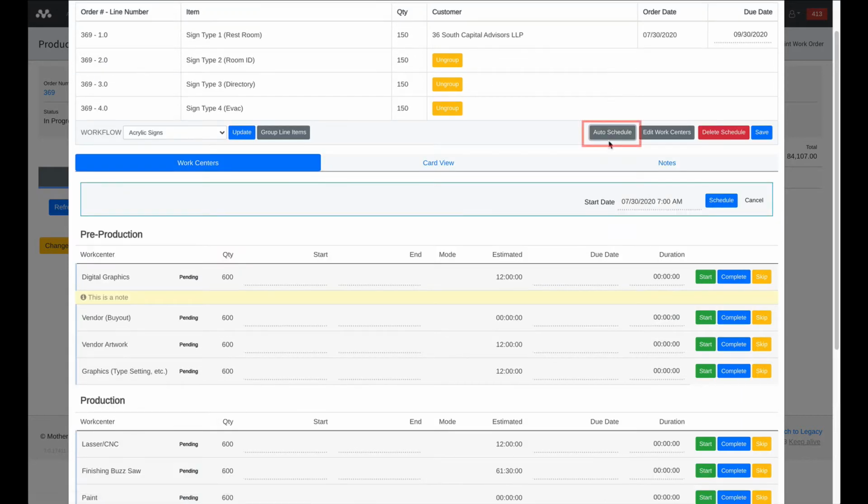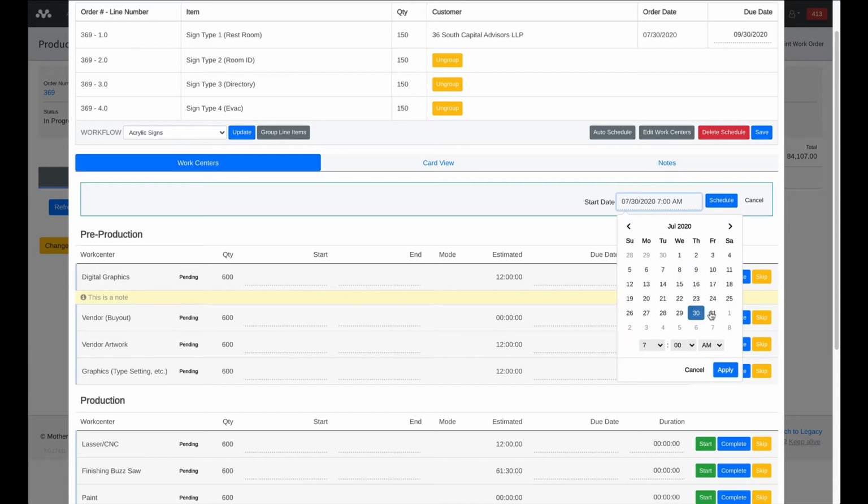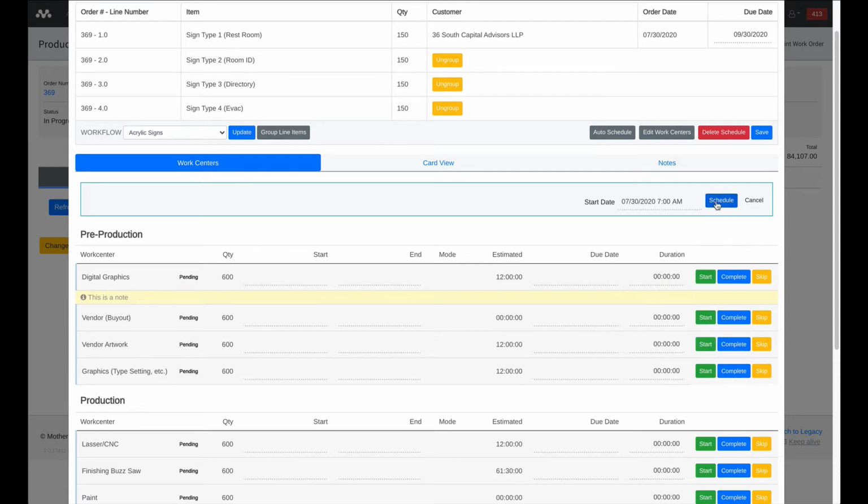Okay, so when I auto schedule, you'll see here that I have a start date, and this is going to be today's date. I'm going to move that to tomorrow, and we're going to start at 7 a.m. Okay, so I'm going to click schedule,